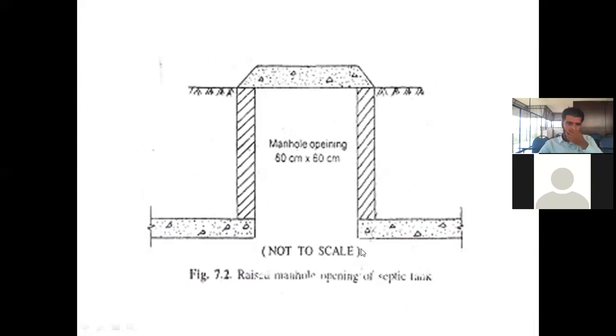So this much, imagine the septic tank is constructed only below this depth. Obviously, you need a manhole. If you are keeping a manhole here, how will you be able to inspect it? You won't be able to inspect because it is underground, right? So you have to make a wall made up of brick, and make an inspection chamber like this, or a manhole like this. Now we can move to the problem.